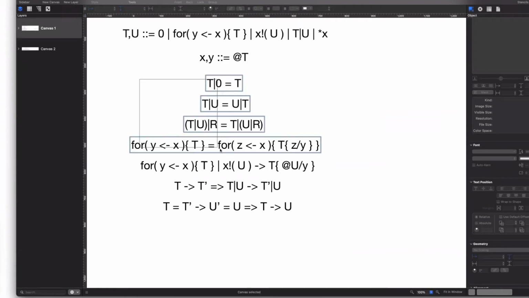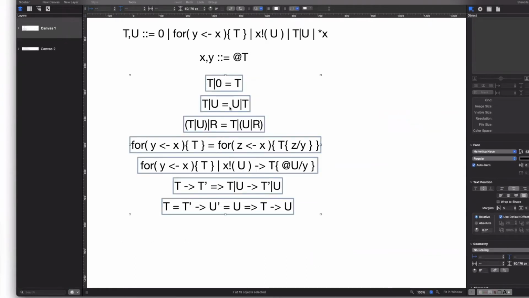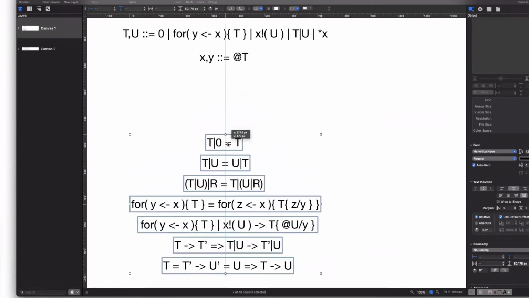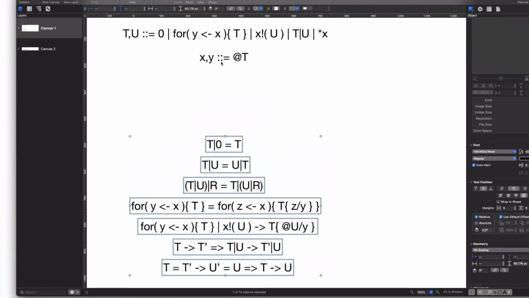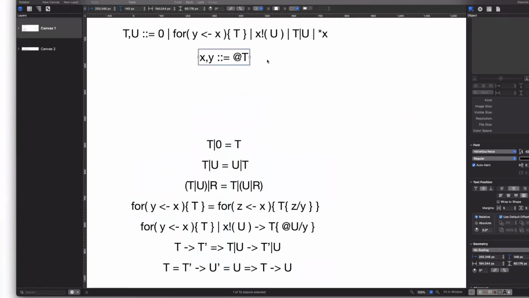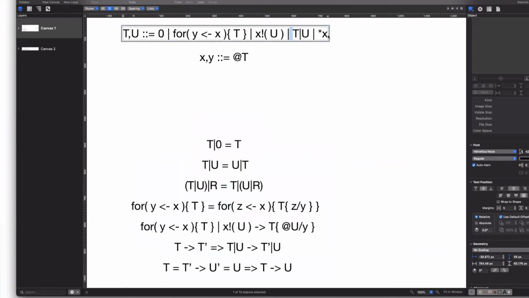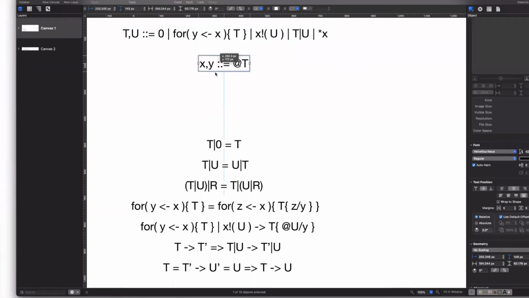Let me move all this stuff down. Yeah, that's a good point. So the term language also includes type annotations. Sorry, I guess I'll do it down here. So I'll move this like that. And then